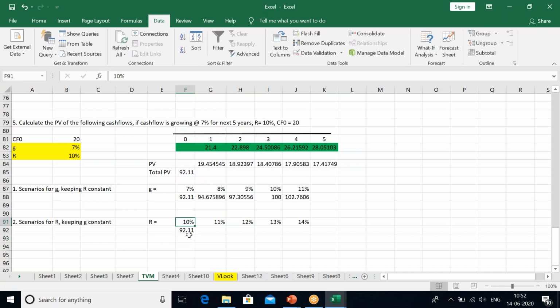Can you complete this table? Complete this table. Done. Okay, good. Others complete. Yes, sir, done. Okay, so